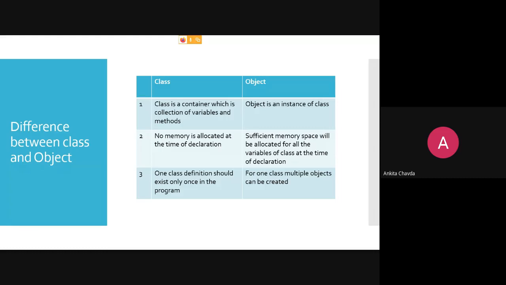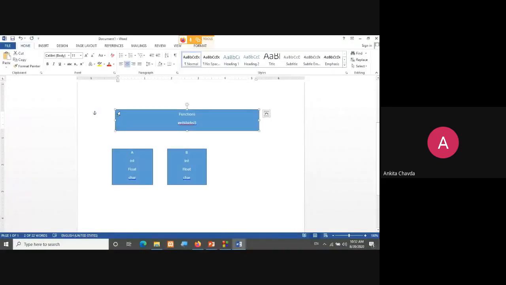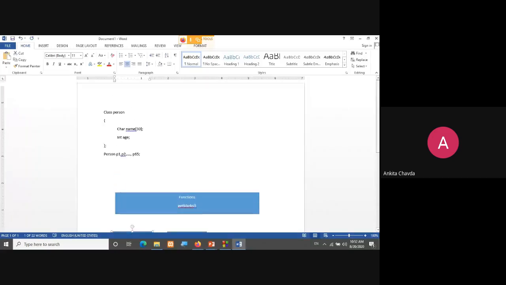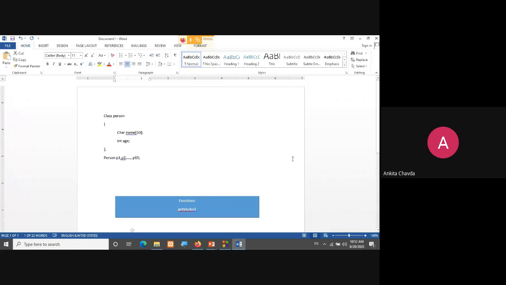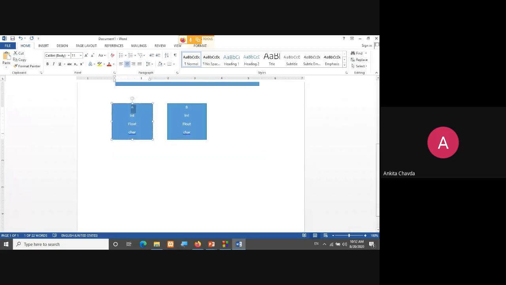So I can show you this here. In one space your functions will be stored, right? Stacks and everything will be there at one place only. So memory will be occupied for the functions but at a single time only, and the functions are here. Now whenever you create an object, suppose you have created the object named A. So this is your class, say, right?